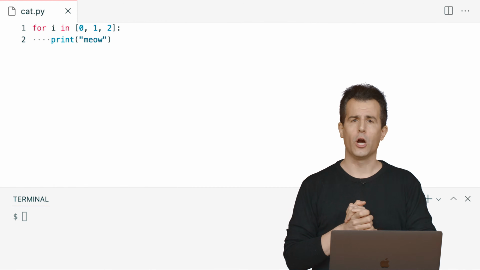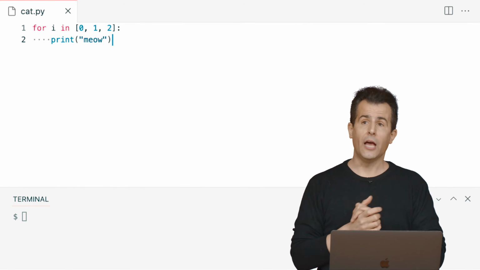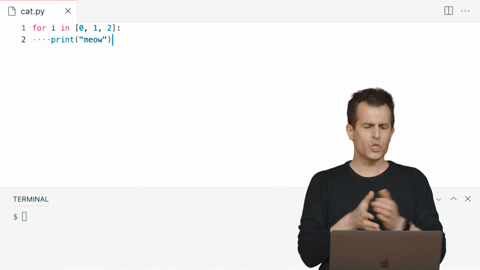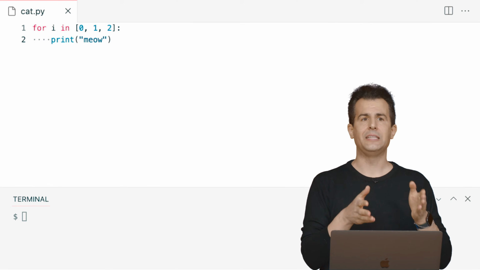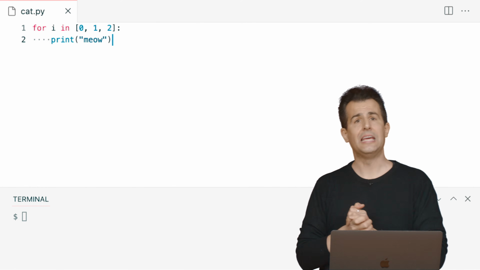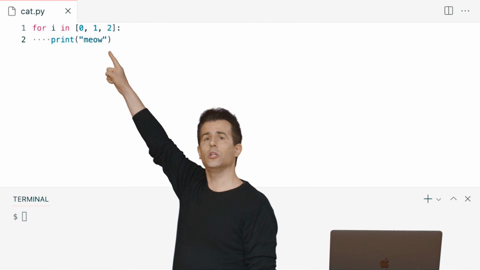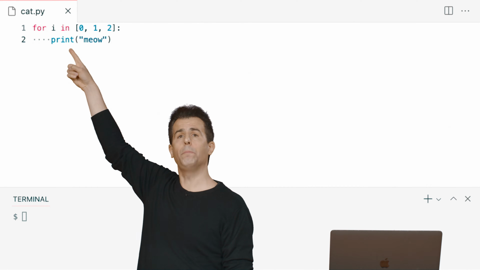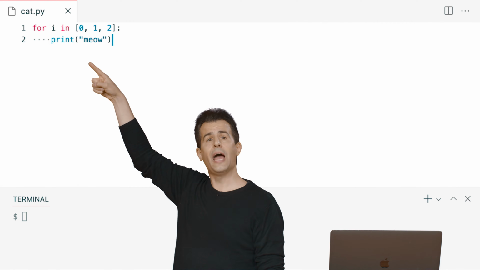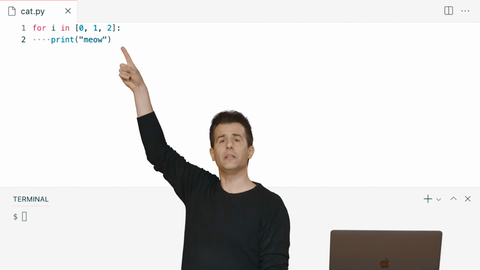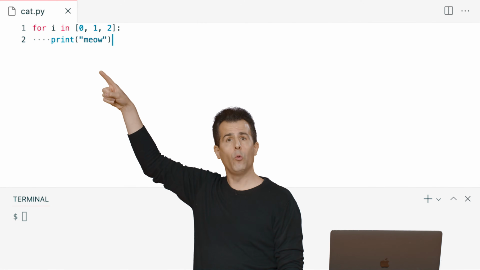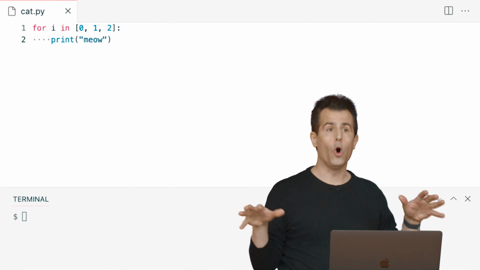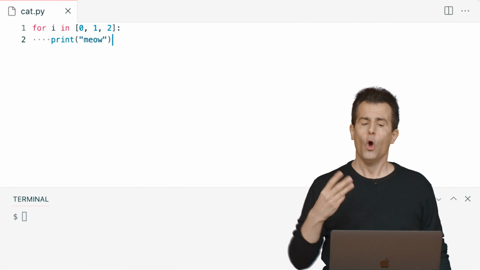And it just says, if you want a variable like i, a number, and you know in advance how many times you want this loop to execute, 3 times, we'll just specify what you want i to take on as values explicitly. In this loop, i will be automatically initialized by Python to be 0. Then meow will be printed. Then Python will automatically update i to equal 1. Then meow will be printed. Then Python will automatically update i to be 2, and meow will be printed. And because that's it for the values in that list, Python will stop, and it will only meow a total of 3 times.